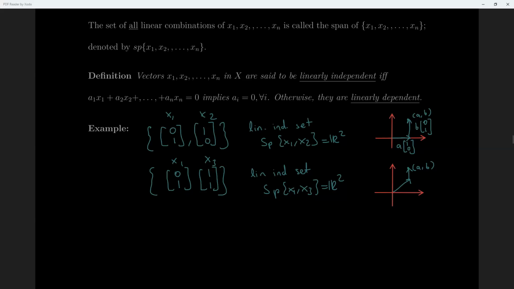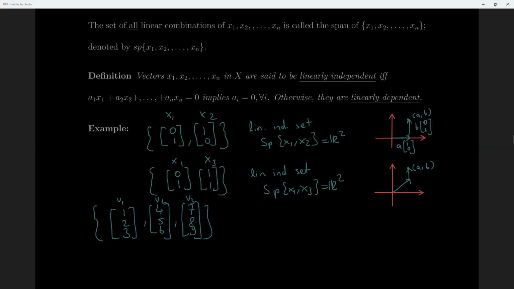So another example, let's go to 3 dimensions. So (1, 2, 3), (4, 5, 6), and (7, 8, 9). V1, V2, and V3. So is the set linearly dependent or independent? Independent. It looks like an independent set, but